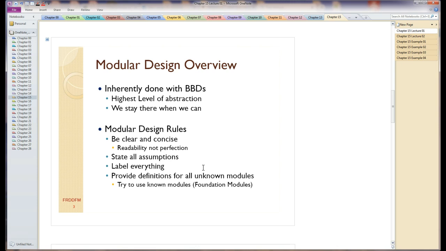So modular design, a couple rules here just to start off with. When you're drawing these black box diagrams, the goal is to be clear and concise. Readability is important, perfection is certainly not as important, essentially because perfection generally takes a while longer. Now, if you're drawing these by hand, you just make them neat. If you're drawing them with some type of computer software, once again you make it neat also, and certainly drawing it with computer software doesn't mean it's going to be neat and concise. So the idea is to make it clear and concise, very readable,